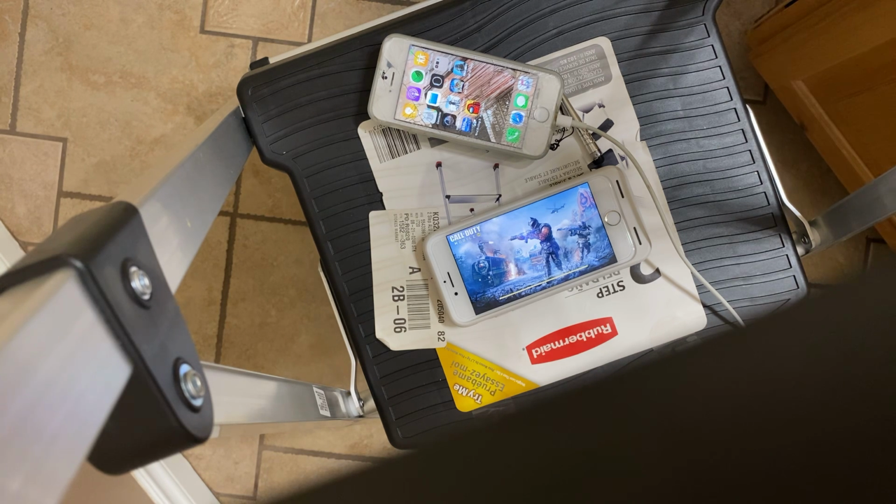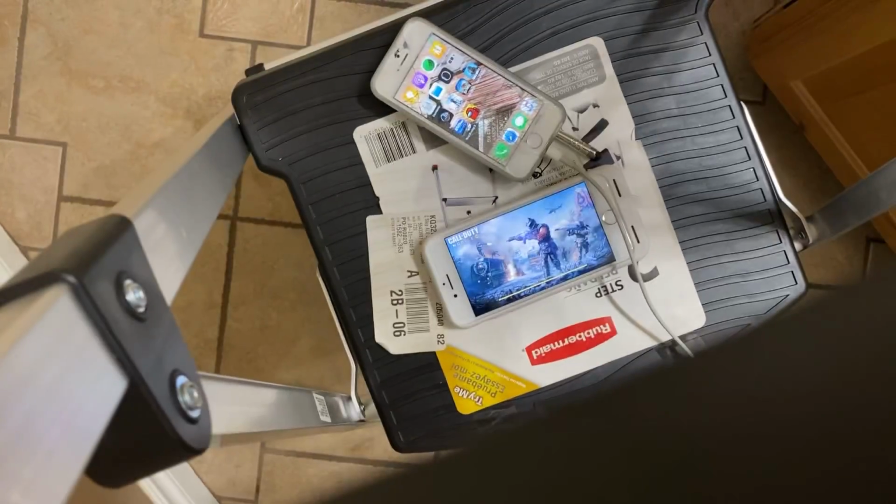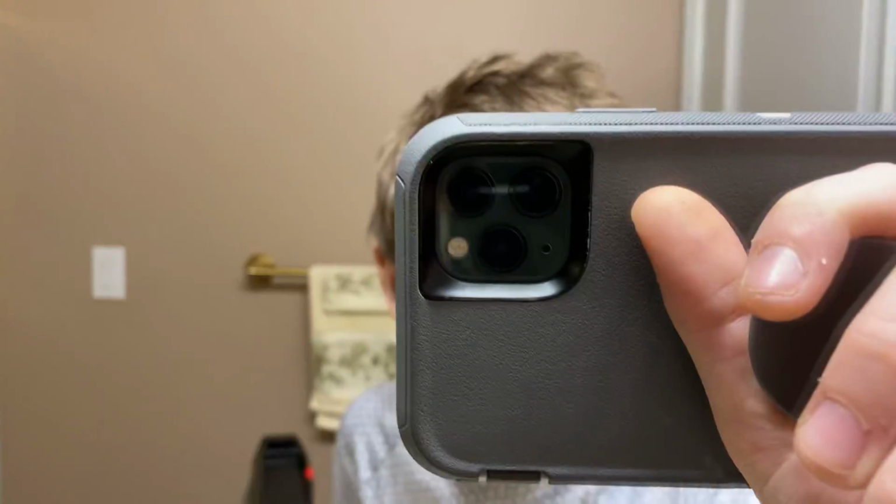If you wonder why my iPhone 11 is not in my videos, it's because I'm physically recording on it. If I take it off right here, let's see. Okay, here we go. If I physically take it off, here's the reason why, obviously. It's recording the video. It's got the best quality out of all, the best frames, etc. That's why I usually like to keep this phone recording. My 7 is very capable also, but